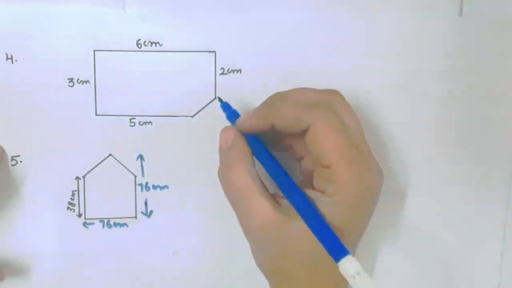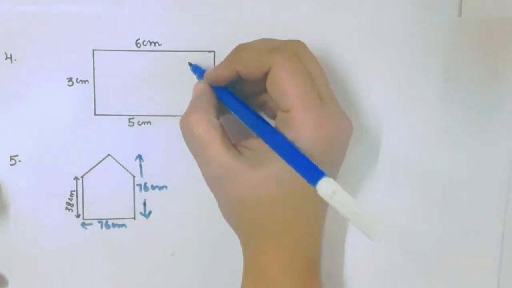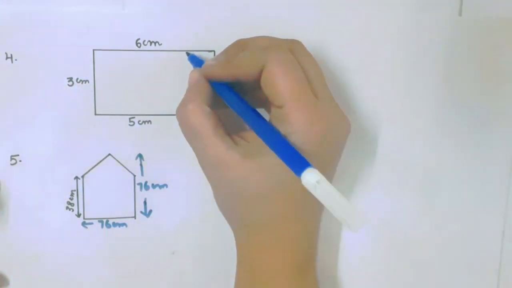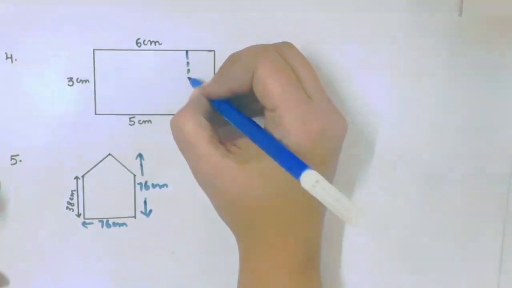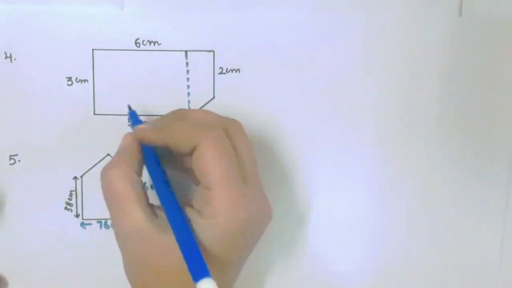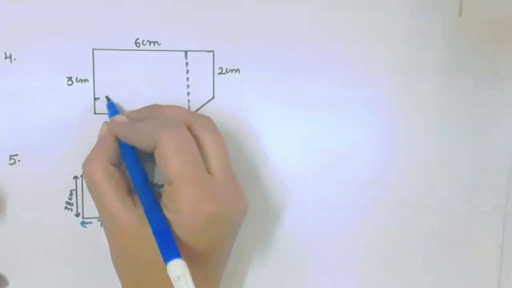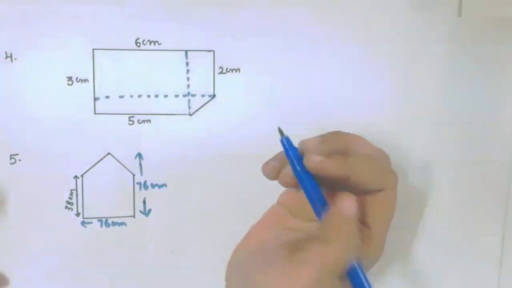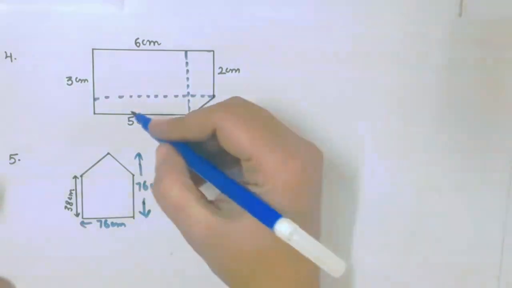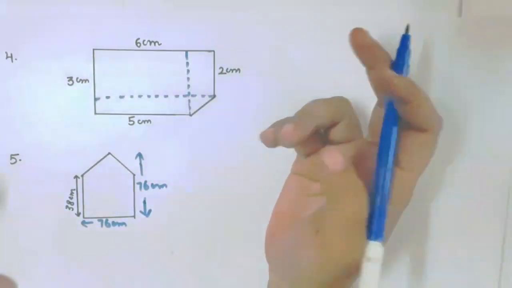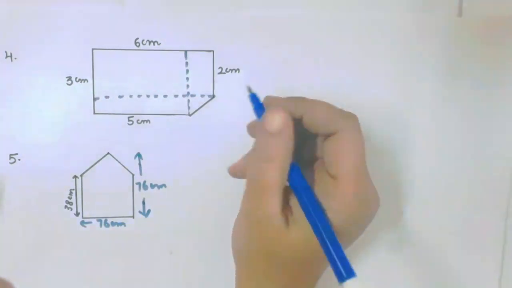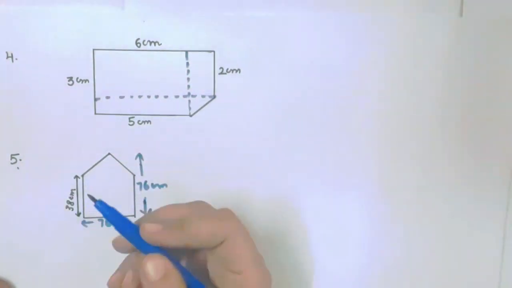But look at fourth question. In this, how to find out the area? First we divide it. Divide it in any way. We have to divide it like this also, or we have to divide it horizontally also. Okay, it's your wish in how to divide it. Then you have to find out the area of this figure. This question you do it by yourself. Okay, beta. Now look at fifth question.